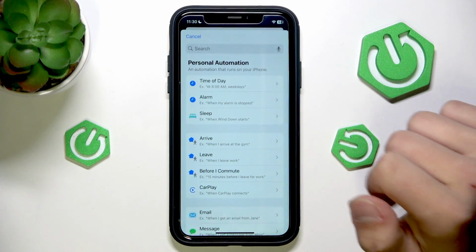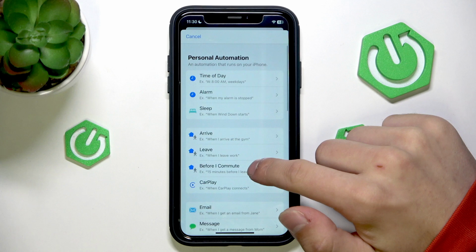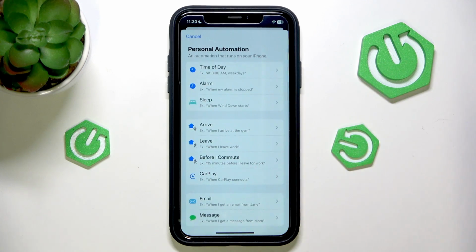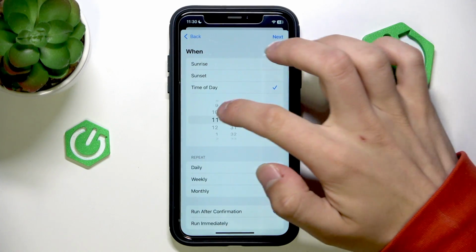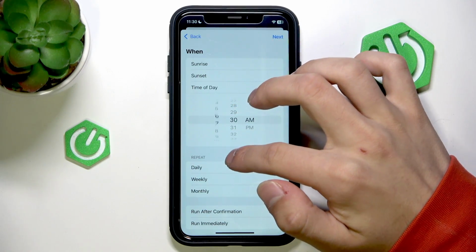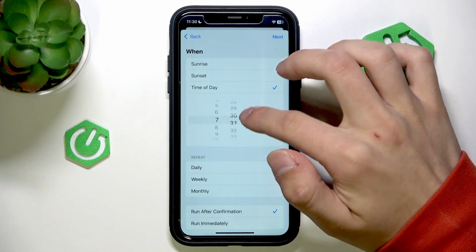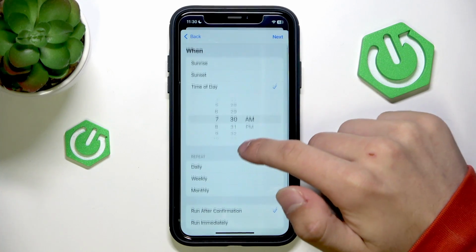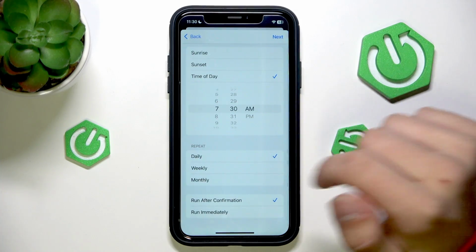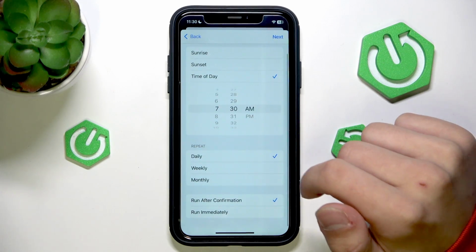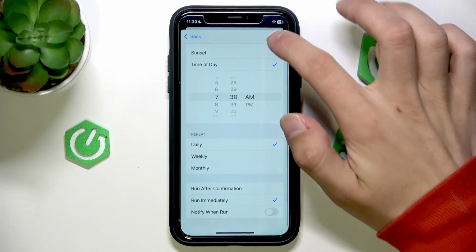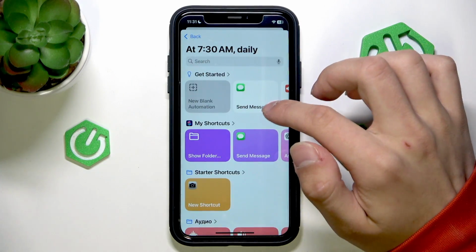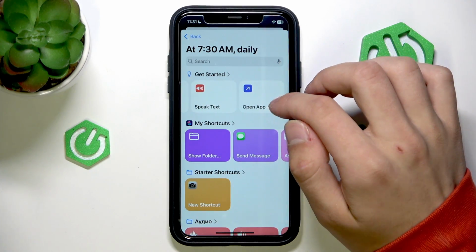And we can go into the automation. Click new automation and personal automation, an automation that runs on your iPhone. So for example, time of the day, every day at 7:30 a.m. Daily, weekly, monthly, run after confirmation, run immediately, not notify, click next, and every 7:30